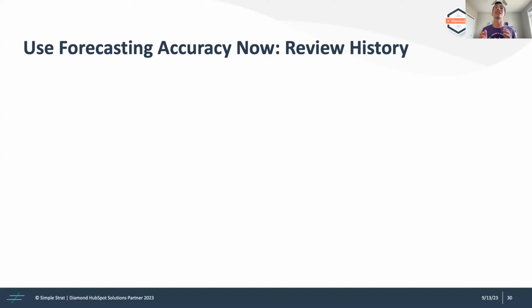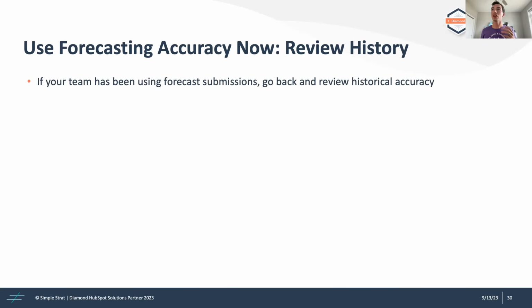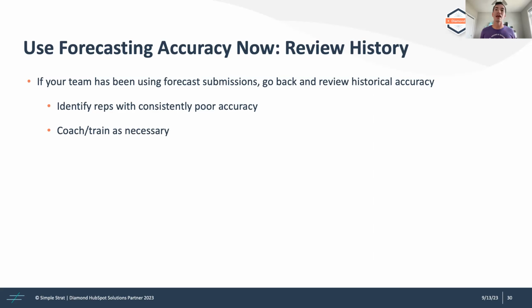historically. So you can already today go back and look at your history. As long as you had reps submitting forecasts, you can now go back and see how accurate that was. So if they're using it, go back and review that historical accuracy, work to identify reps with consistently poor accuracy. So people that are under-reporting or over-reporting consistently month in and month out, and then coach or train them as